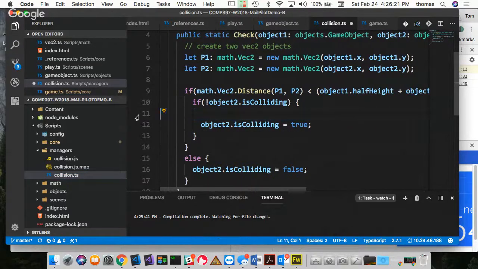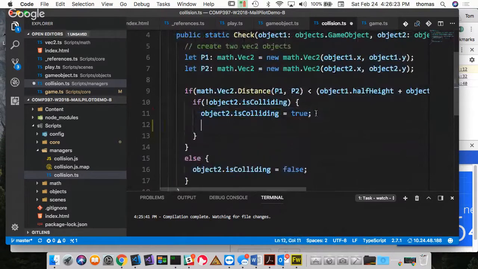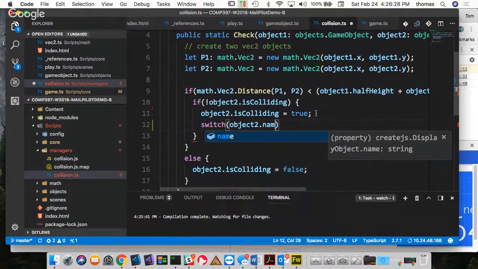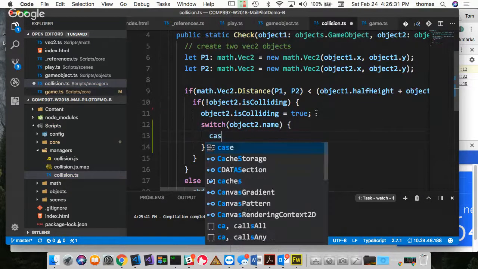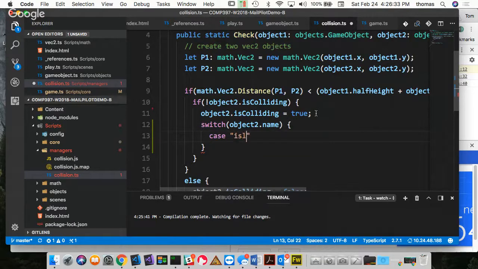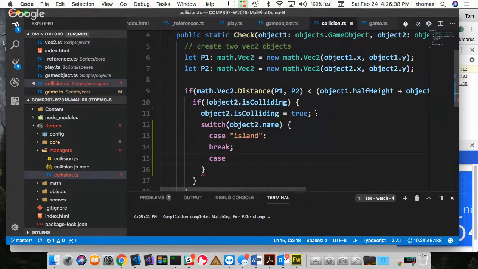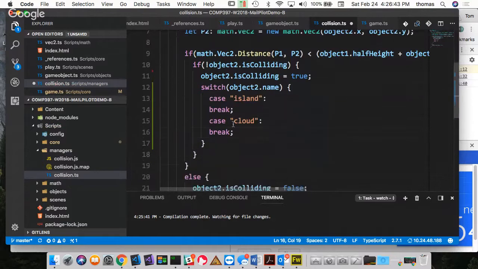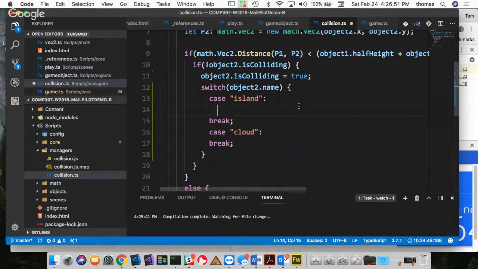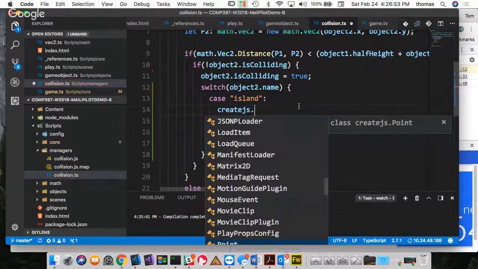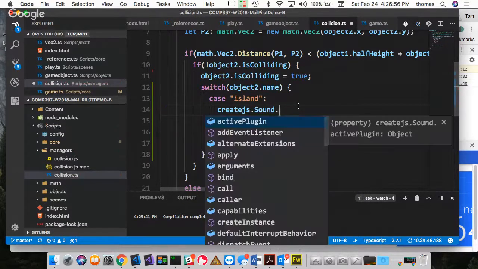let's just wipe this out. And let's make a switch statement on object2.name. And in case I'm colliding with my island, then do something. In case I'm colliding with my cloud, well, then do something else, right? Pretty straightforward. And then maybe I have a default case when I don't collide at all, or I collide with something else. So if this is true, I can do something like this. I can say, well, createjs.Sound.play